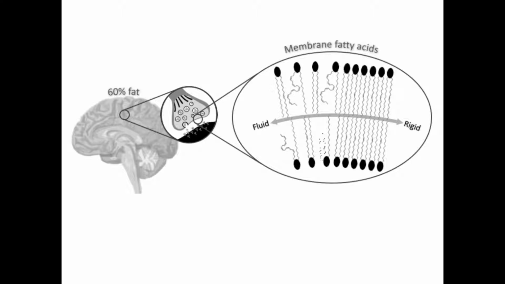And this membrane constitution can be compared to butter. Butter has relatively little unsaturated fatty acids and is solid, versus oil that contains more unsaturated fatty acids and is fluid at room temperature. And the fluidity of the neuronal membrane has important consequences for the functioning of membrane-bound proteins